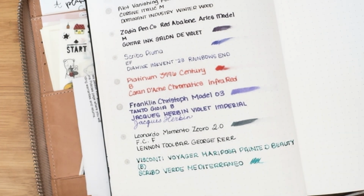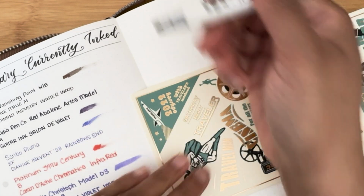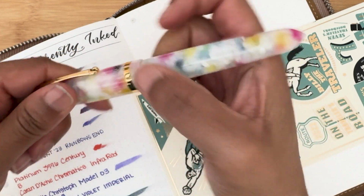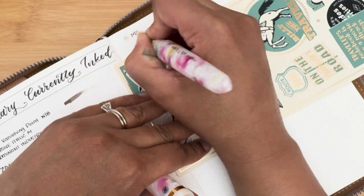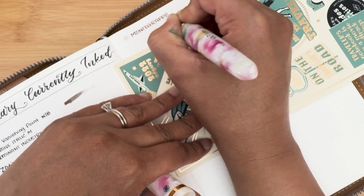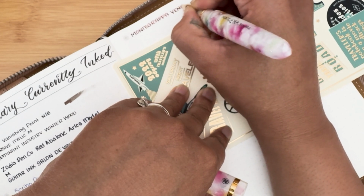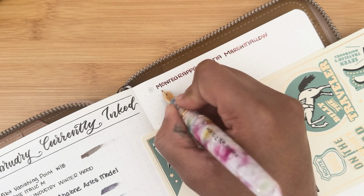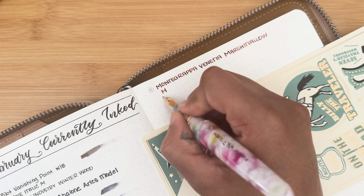Okay, just a couple more. I think I might have to move on to the second page here. So we have Monte Grappa. Monte Grappa Venetia Marshmallow. This one has the original medium nib on it. It writes fantastic. And I am actually using Diamine